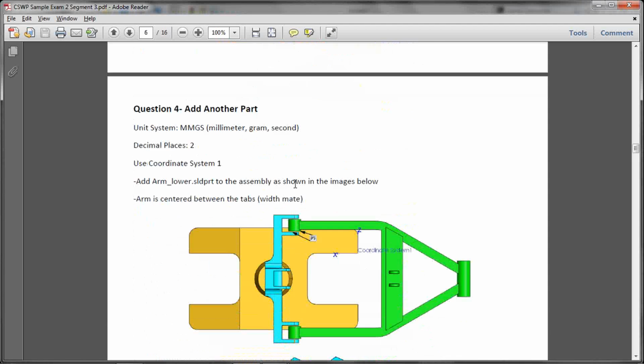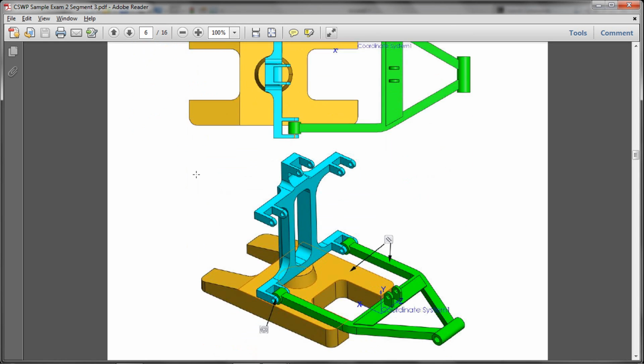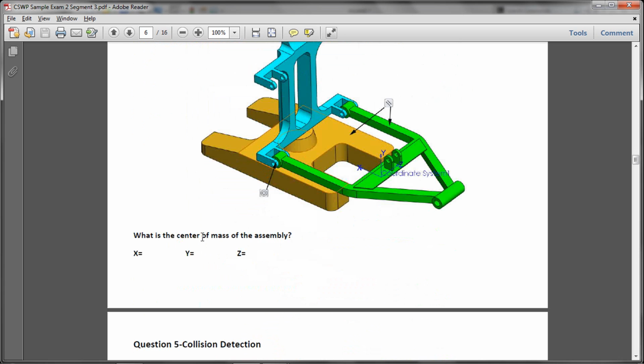So the next question is to add another part called arm lower, and again find the center of mass of the assembly.